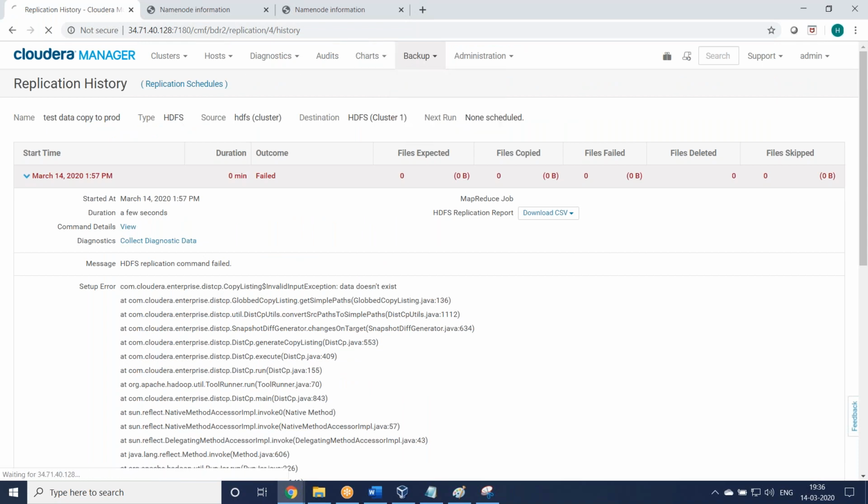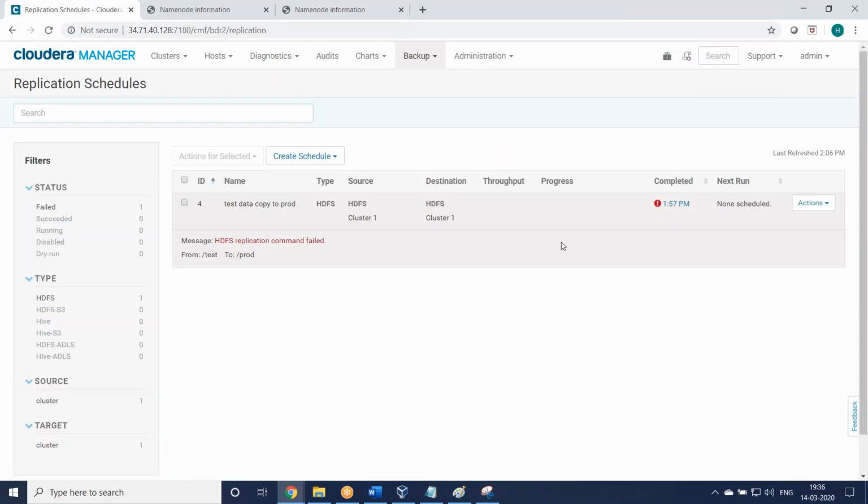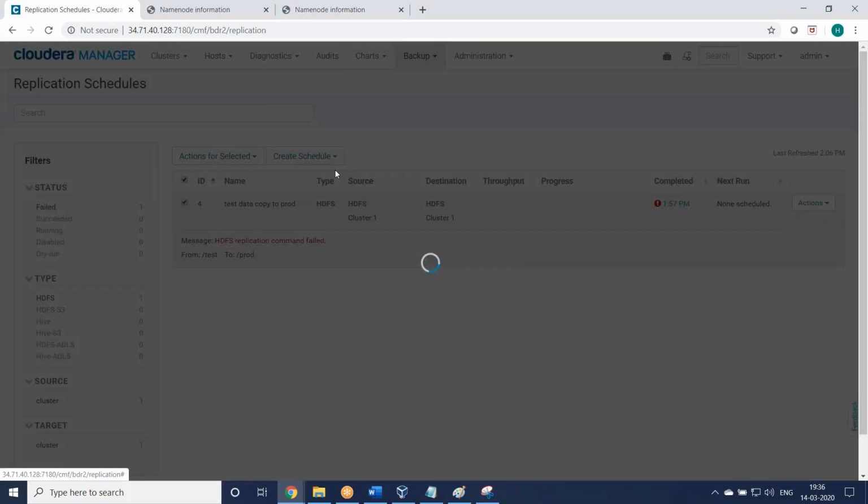So let us delete the option. Let us create one more schedule. Again, HDFS replication.